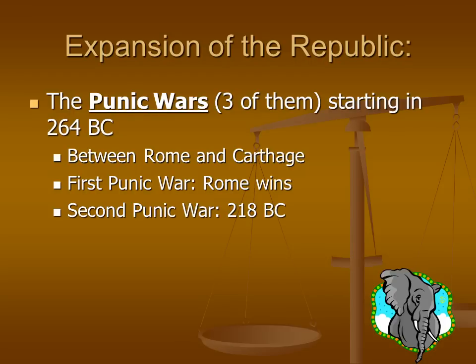The second Punic War starts in 218 BC, and this is when Hannibal is going to seek revenge for the previous defeat in the First Punic War. Hannibal, from a very young age, is legendary. The legend says that when Hannibal was 9 years old, his father made him take a sacred oath, and he made him swear himself an enemy of the Roman people. And from that moment on, Hannibal did dedicate his life to the destruction of Rome. That's the legend that's set up here.